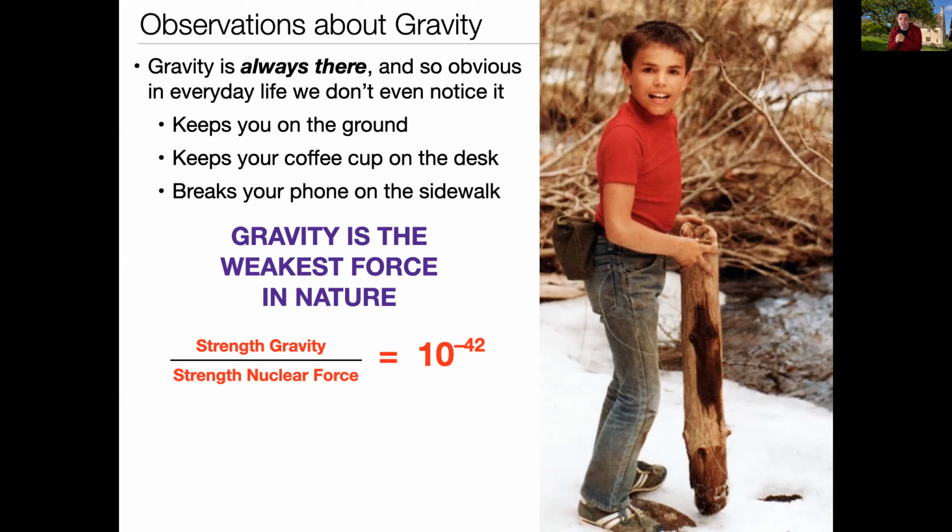By a similar token, if you stand up in your chair right now, you can, using a little bit of chemical energy from the Dr Pepper you drank right before you watched this lecture, jump up in the air. You can overcome the entire gravitational pull of the Earth using just a little bit of chemical energy stored in your muscles from the meal you ate a while ago. Gravity is extraordinarily weak. Otherwise, you would not be able to jump off the surface of the Earth.